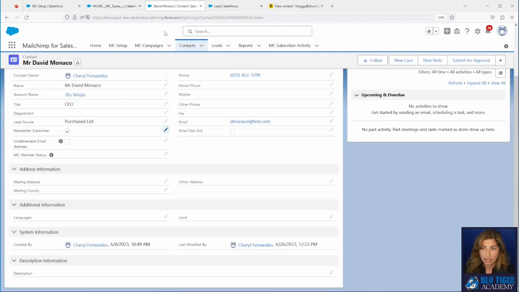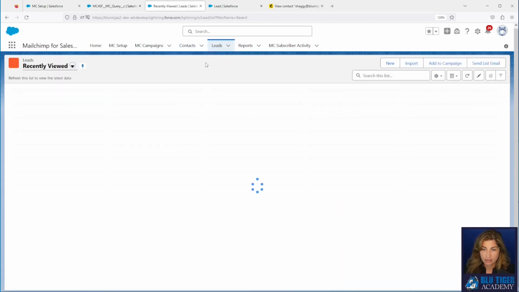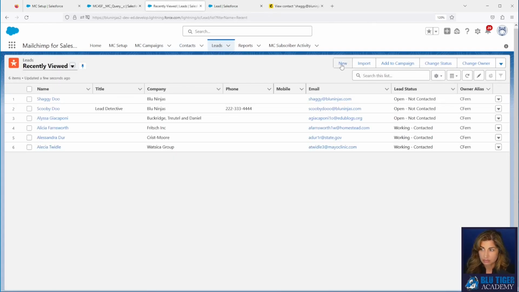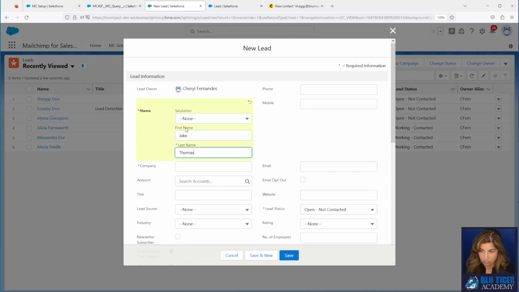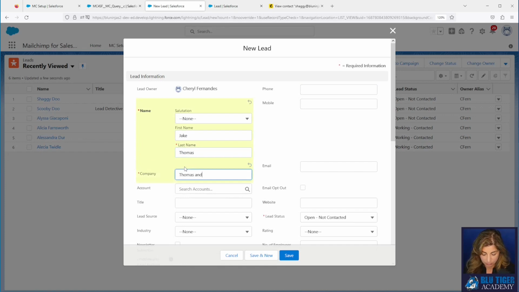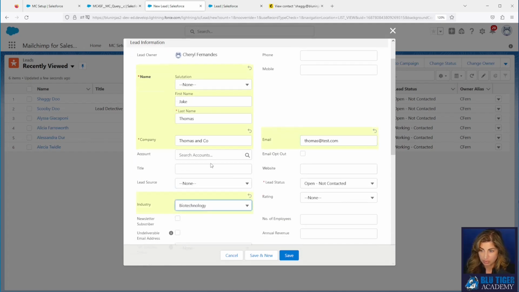So let's go ahead and make an email that ends in test.com. We'll say Thomas at test.com, and we'll say Thomas is also in biotechnology.